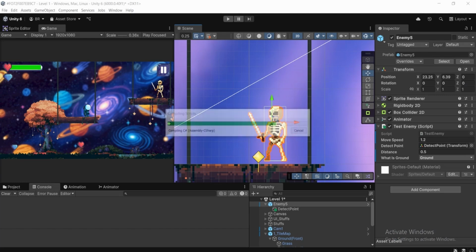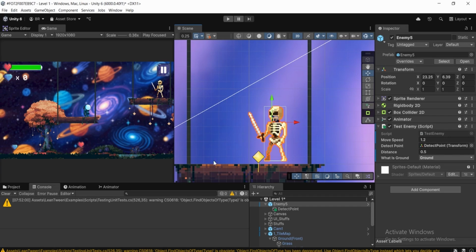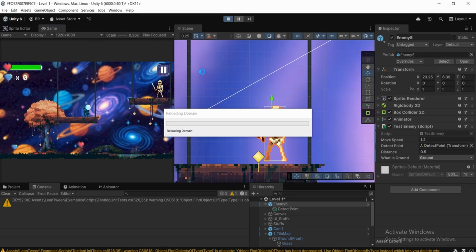And now let's move over to the Unity editor, and you will be able to notice this enemy 5 is just gonna patrol around this ground. And if you want to make transitions between those animation clips, then I'm gonna have a video for it. But before we do, let's click on this play button in the top in order to play our game, and you will be able to notice this enemy 5, or this enemy game object, is just gonna patrol around this ground, or this platform ground. So just wait a moment,